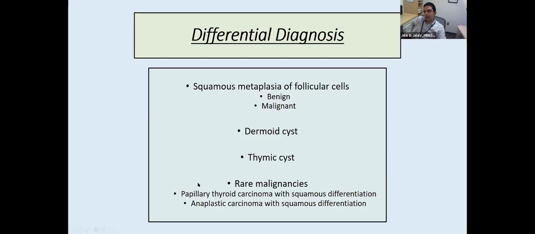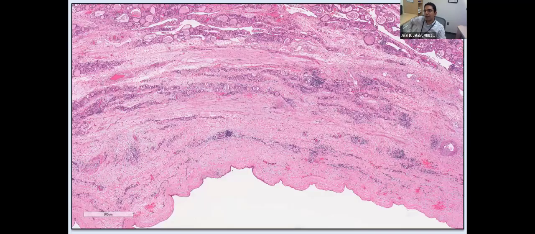So this was signed out as squamous cell lined cyst and cystic debris, but underwent a lobectomy. And you can see here that in the surgical pathology specimen, we do definitely have a cystic wall with some inflammation and normal follicular cells in the background without any features of PTC.